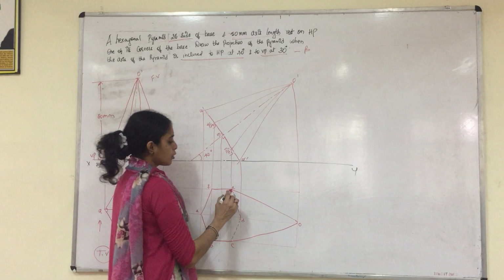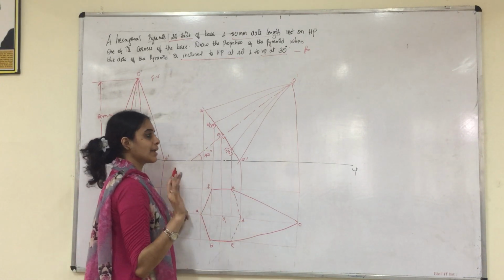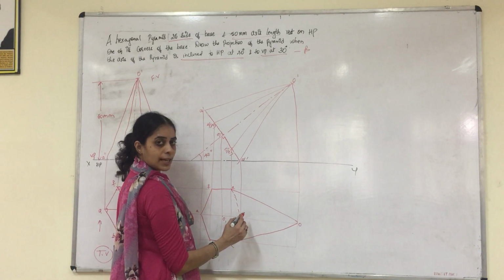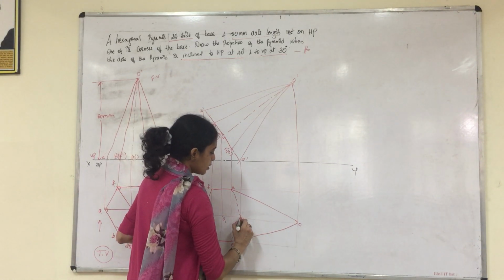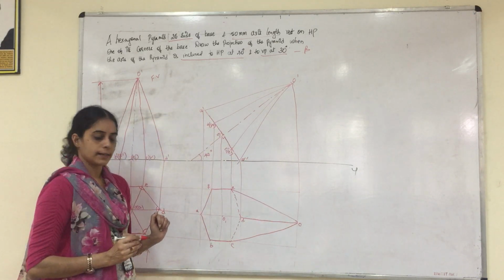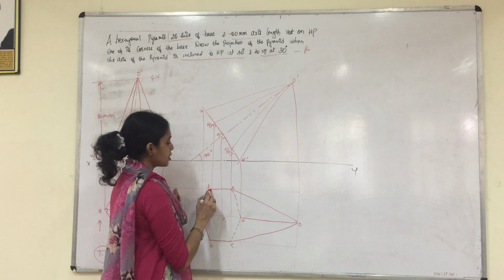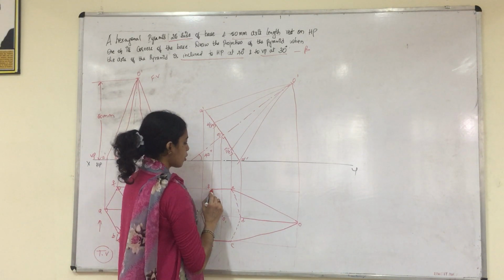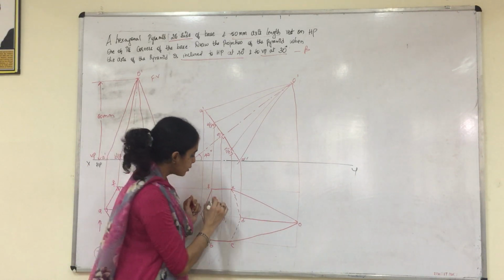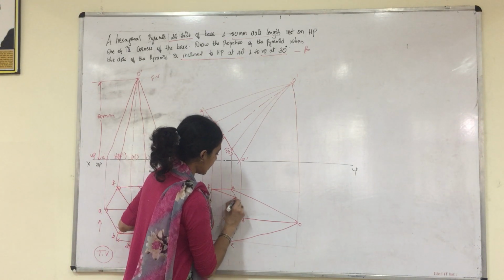I told you that the projections which come out from the corners of the surface will be continuous, thick and visible lines. This is joined already, this is joined already. So the only projection line left out is from D to O. So kindly join it with a thick, visible line. And we have two more corners, F and B. The projection from F to O is on the outer boundary, and B to O is also on the outer boundary. It is not through the inside of the surface, and hence this also will be a continuous line.